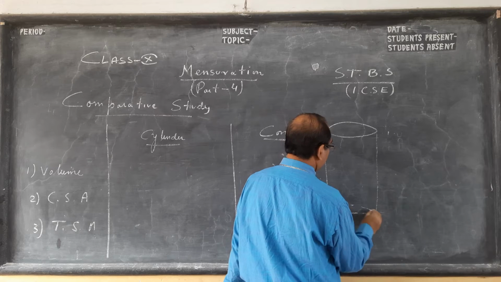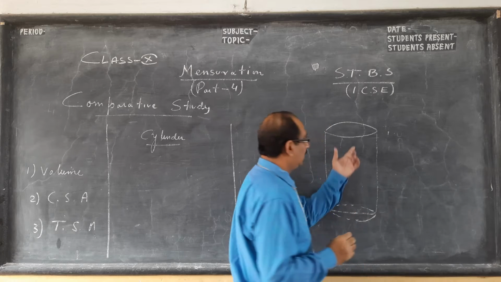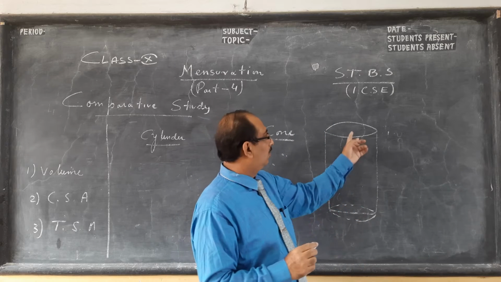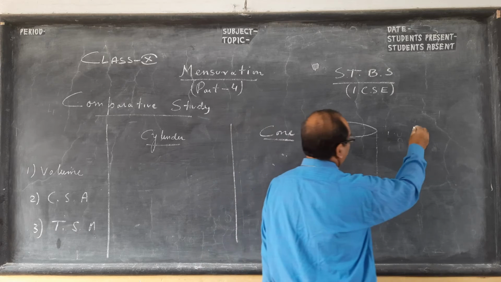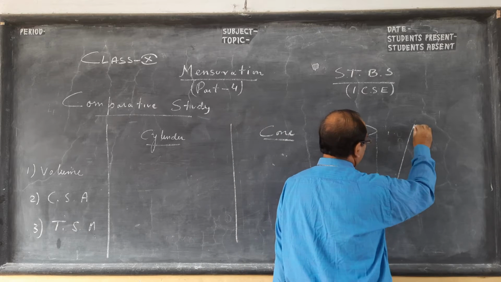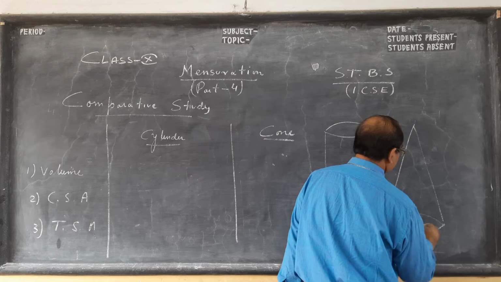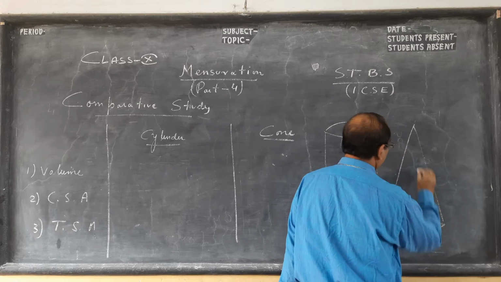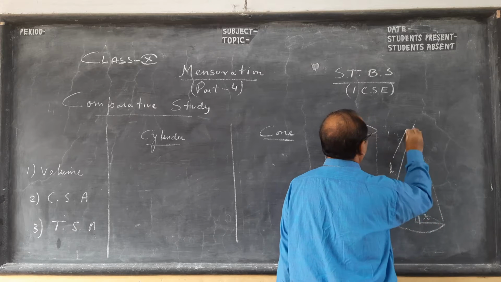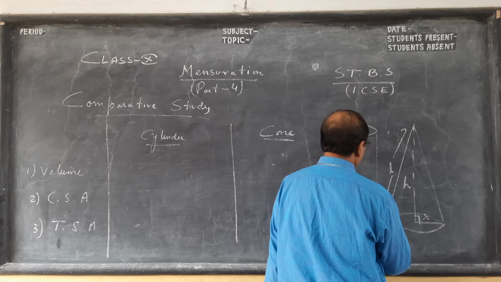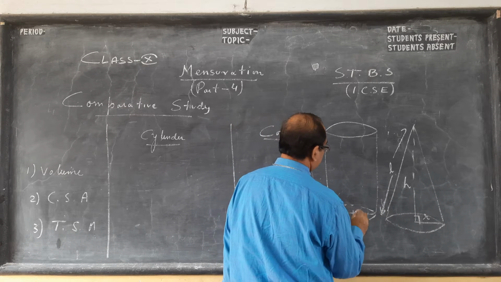So if you see nicely, the two sides of the cylinder are circles, okay, and then we have the right circular cone also. If we see, this has a circle, this is called radius, this is called height, and this is called slant height, okay. Whereas in case of cylinder, children, this is radius, definitely, and height.